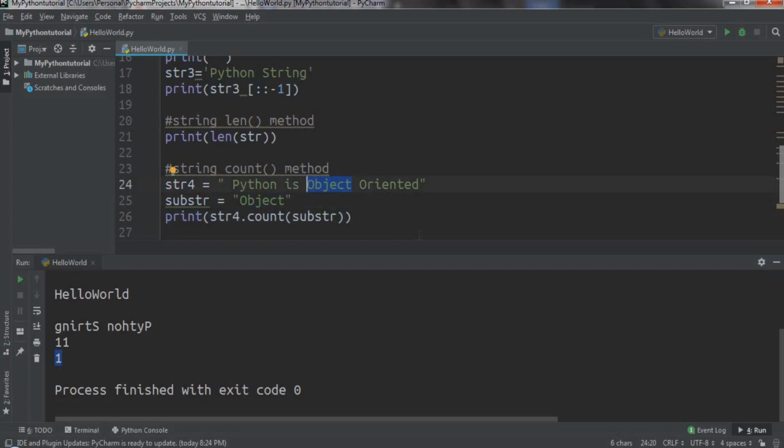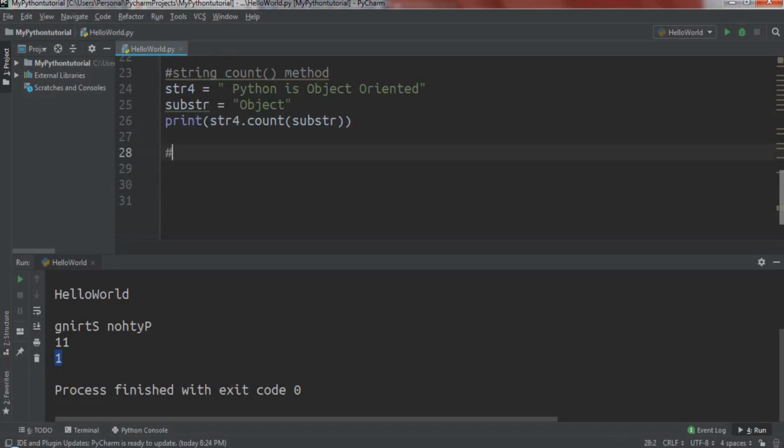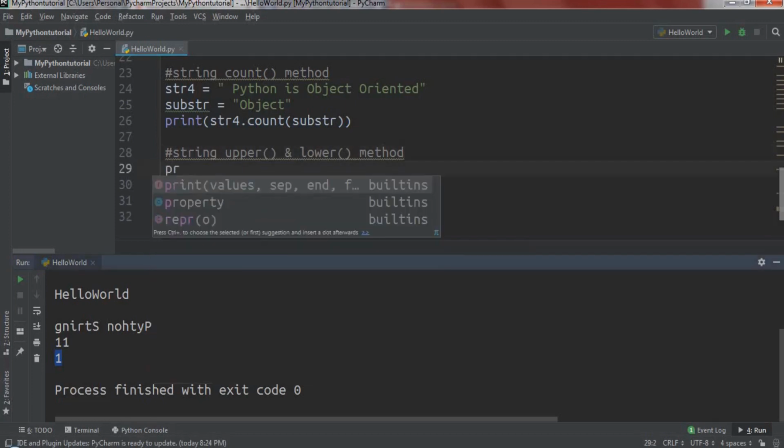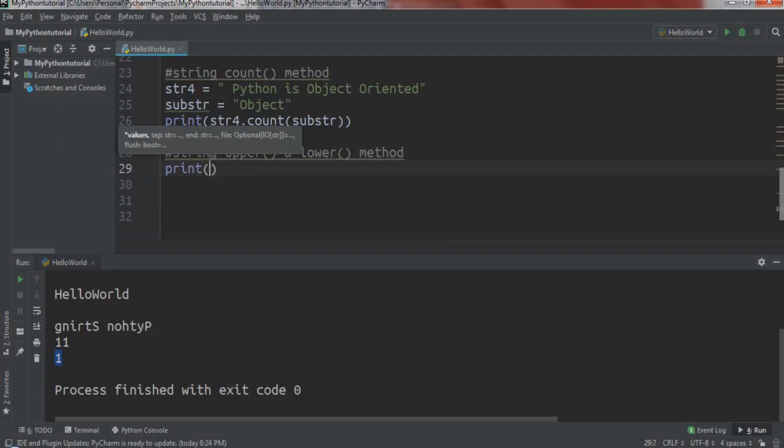Next will be the string upper and lower methods. The string upper method converts the given string into uppercase letters and returns a new string, while the string lower method converts the given string into lowercase letters and returns a new string. For example,